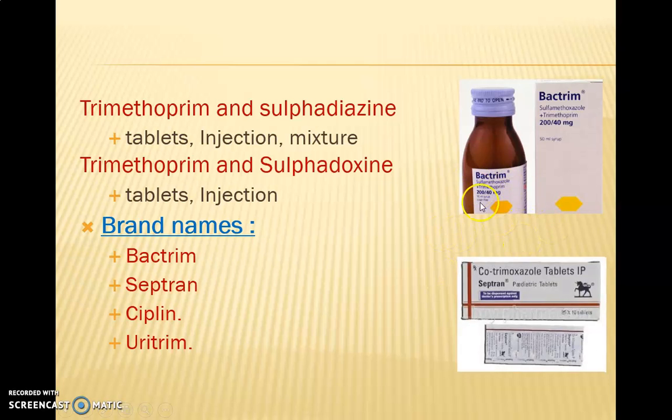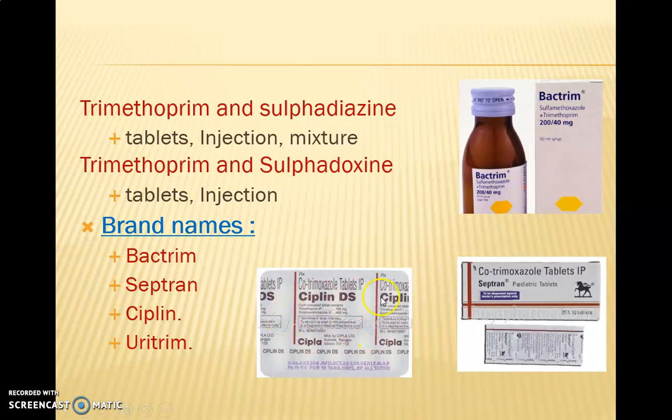These are the brands, like Bactrim. This is the Bactrim. Next Septran, and next that is Cipline. These all are the brands for the popular combination cotrimoxazole. Next,